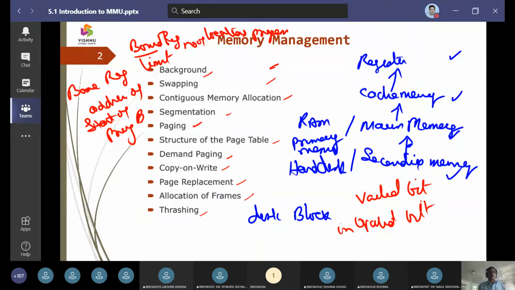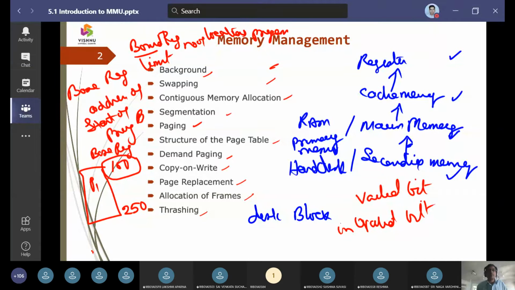So now assume that we have a program here, and the program is going to start at 100 and end at 250. This is process P1. Now 100 is going to be saved in the base register.